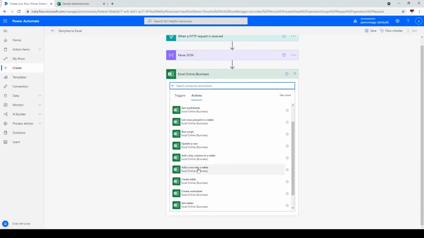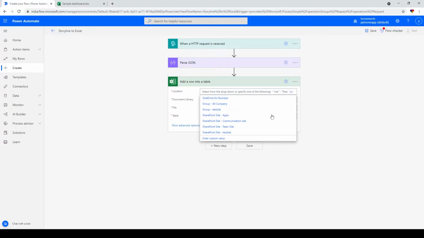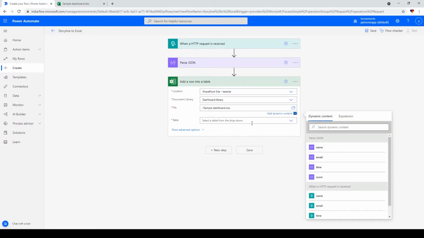We go to add a row into a table, select that, right? And now you select the Excel that we have added, and like I said, I have added it in my personal SharePoint site, right? So select the site name and navigate to the document library, select the Excel,